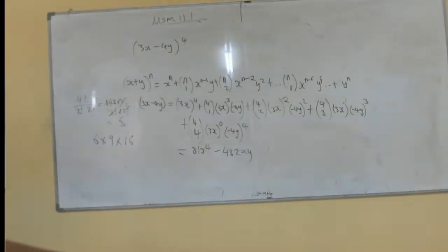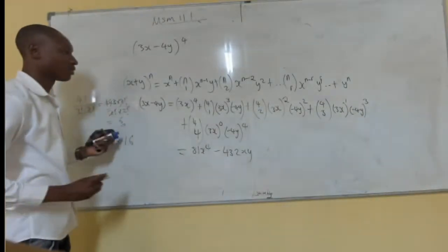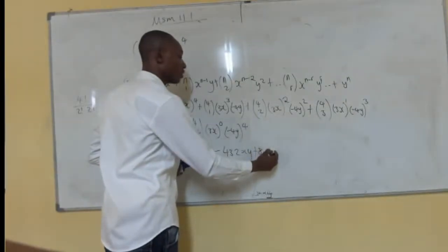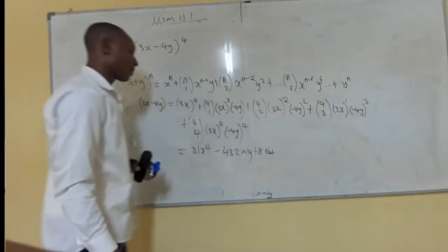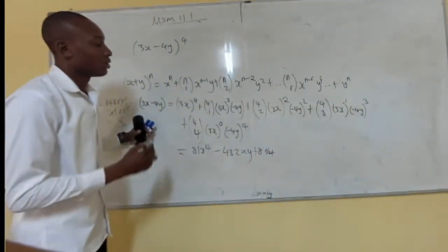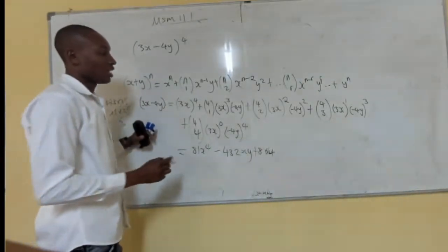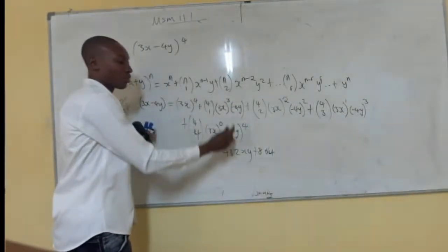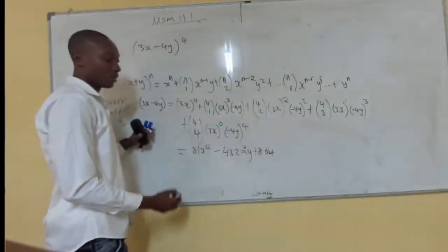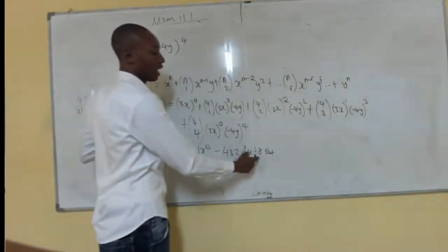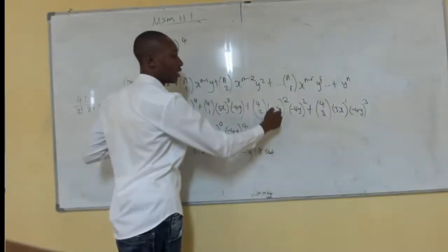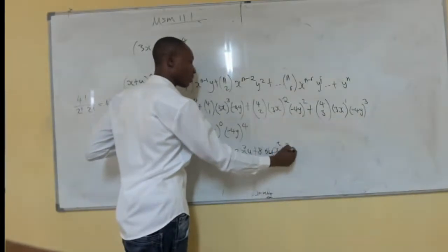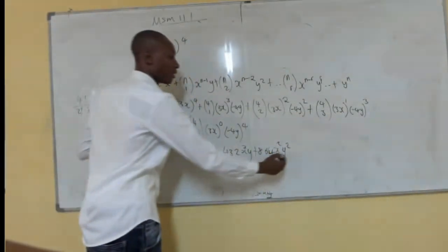If you're calculating, you should have 864, right? So plus 864. Okay, now one thing that we need to consider is, what is the power of x? X to the power 3. So 864 from here, x squared, y squared, plus